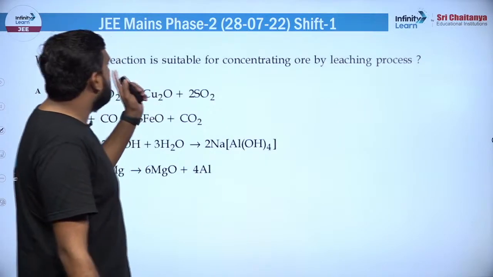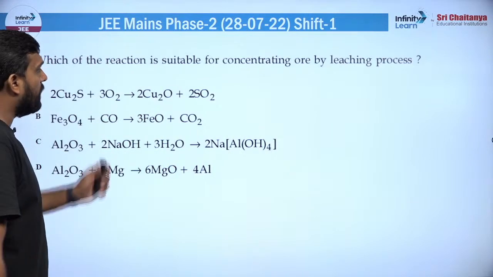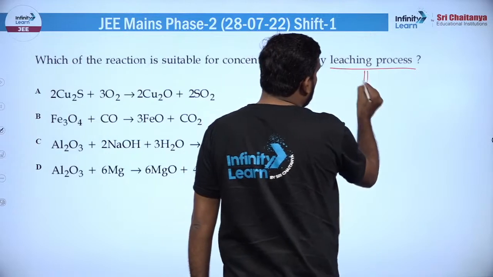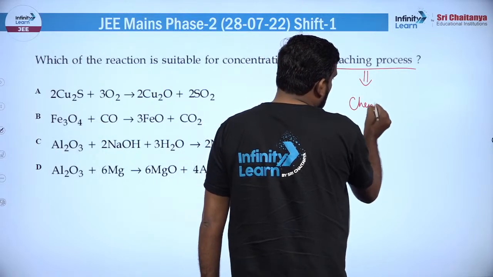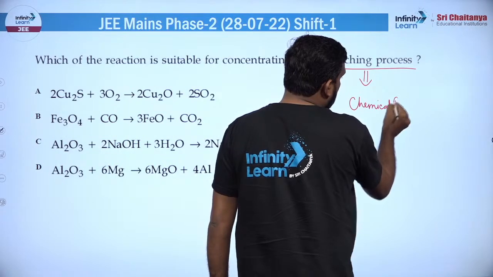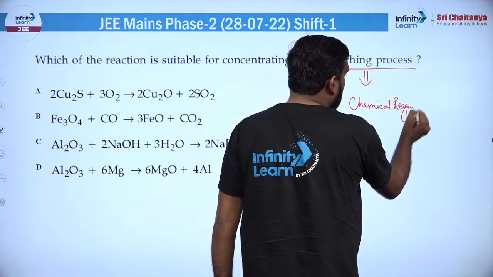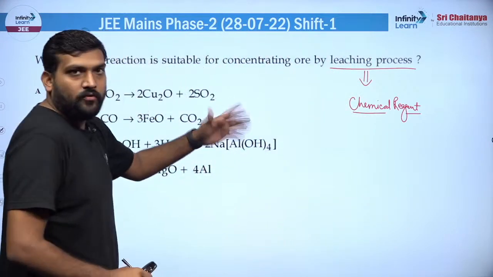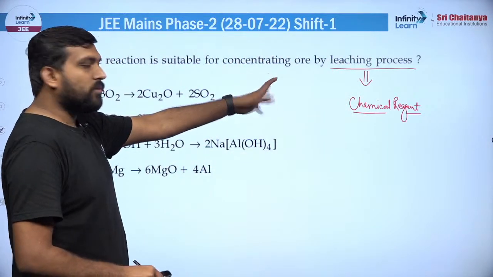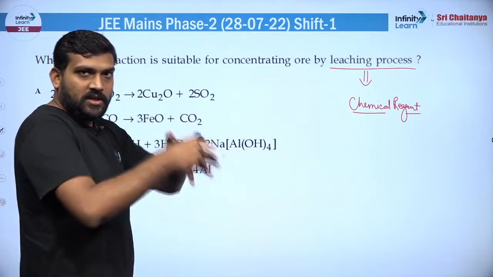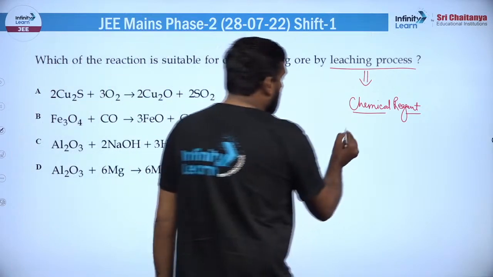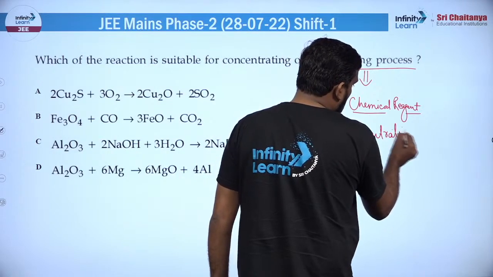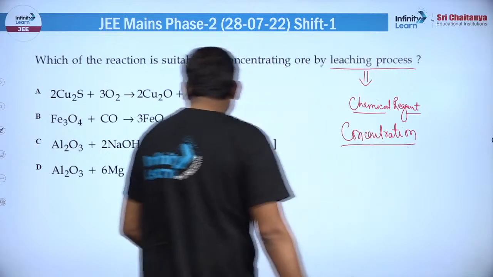विच ऑफ द फॉलोइंग रिएक्शन इज सुटेबल फॉर कंसंट्रेटिंग ओर बाय लीचिंग प्रोसेस, ठीक है। तो लीचिंग क्या होता है, लीचिंग में बेसिकली हम एक केमिकल रिएजेंट यूज करते हैं, और ये केमिकल रिएजेंट बेसिकली यूज होता है फॉर कंसंट्रेशन ऑफ ओर के लिए, ठीक है। ध्यान रखिएगा लीचिंग प्रोसेस प्यूरिफिकेशन वगैरह का नहीं है, ये बेसिकली कंसंट्रेशन ऑफ ओर का प्रोसेस है, ठीक है। तो यहां पे आप कंसंट्रेटिंग ऑफ ओर करते हो, ठीक है।